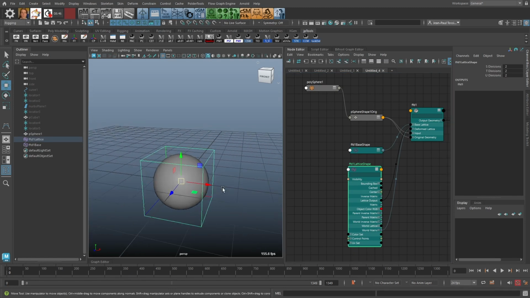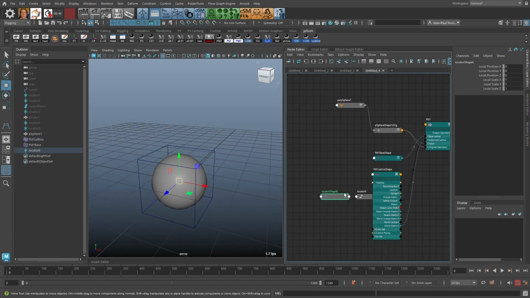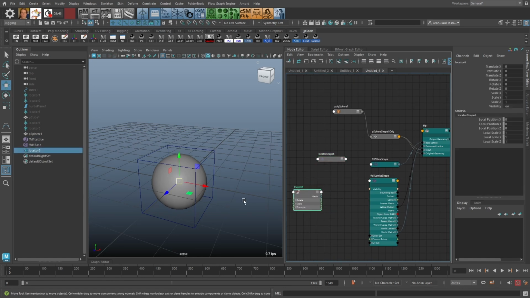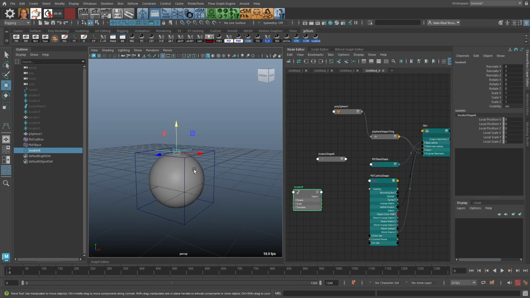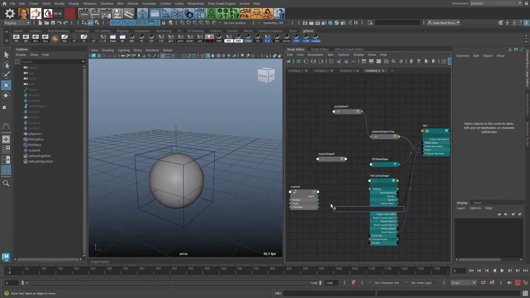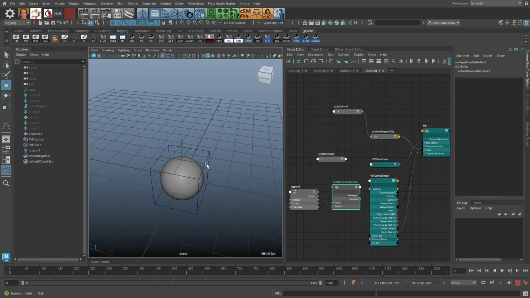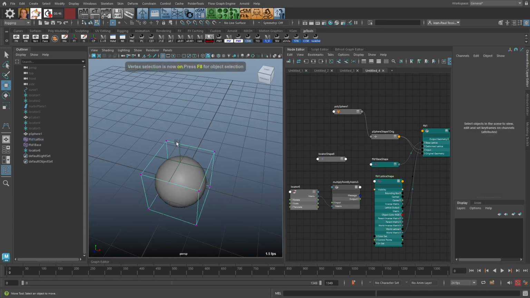So in the same manner, we could create a locator like so, and we could say, all right, this locator should be at the top of the deformer, and then we create a multiply point. Why not multiply point by matrix? We plug in the matrix, and then we're going to look, okay, right, what's the position? Let's see,